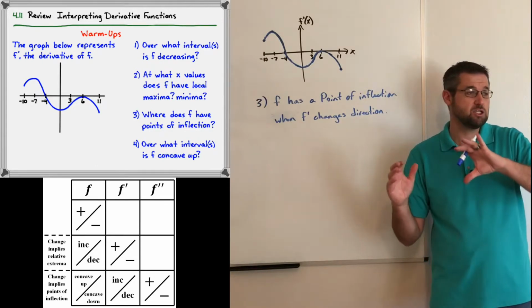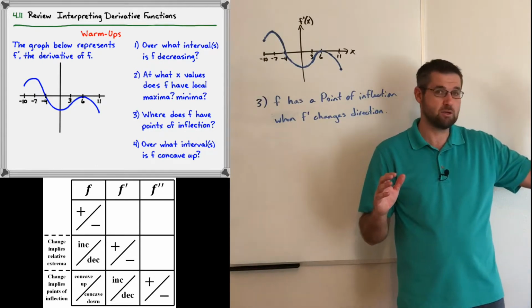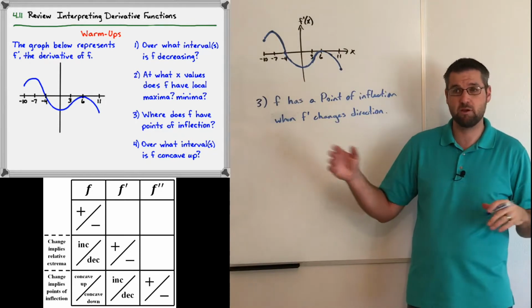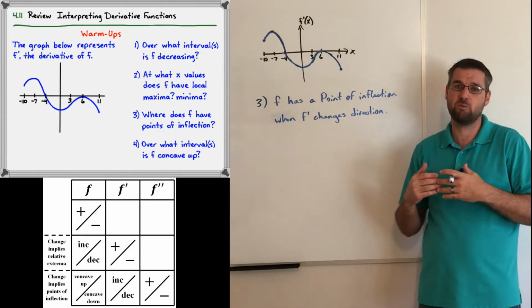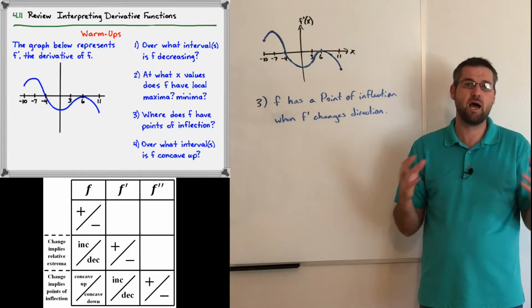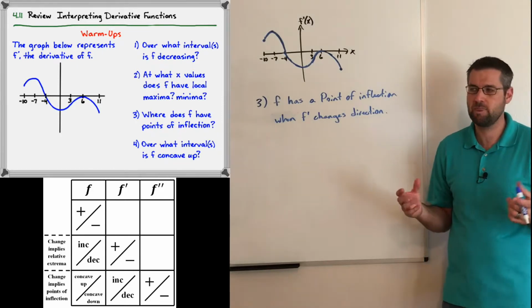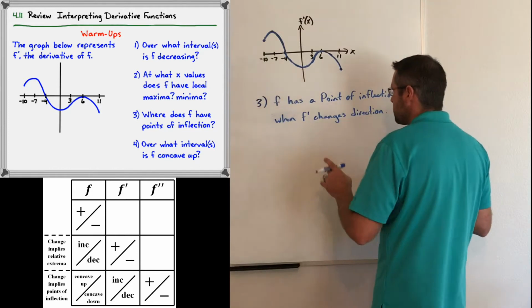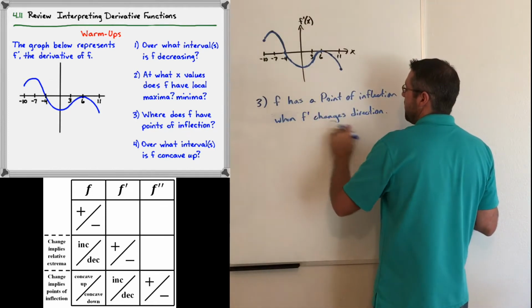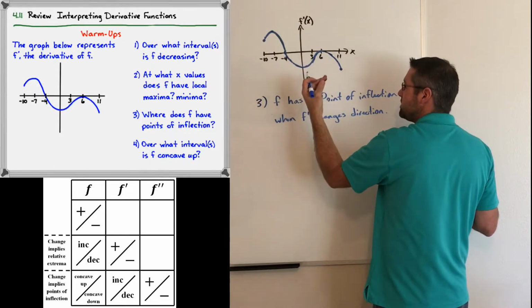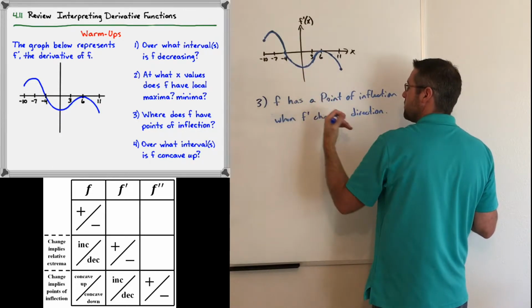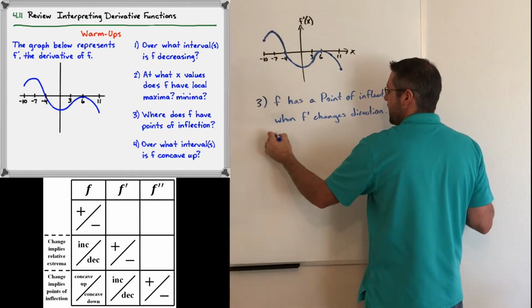It could mean changes direction from going to the right or going to the left. It could mean changes direction from going up to going down. It could mean changes direction from going in to going out. There could be a lot of interpretations for changing direction. So we want to be specific here. F prime changes direction on a coordinate plane when it changes from increasing to decreasing or decreasing to increasing. So we would say